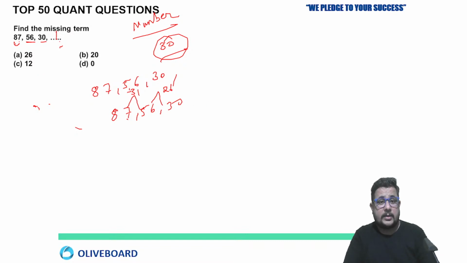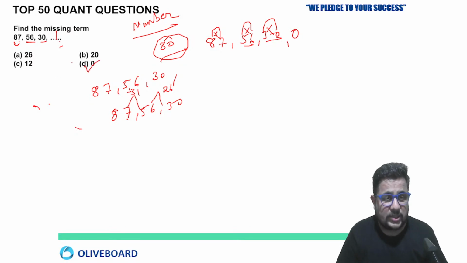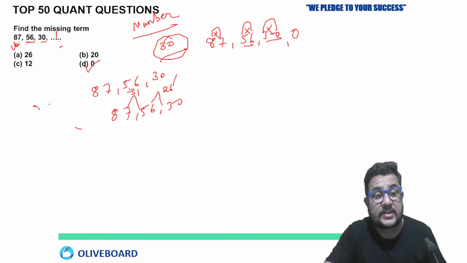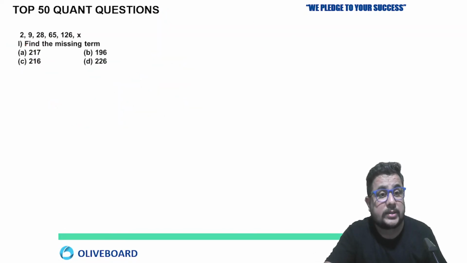We don't know that, because we are not able to find any pattern here. It is not based on even, prime number, square, or cube, we can't see. See, now just look at the digits. 8 multiplied by 7 is 56. 5 multiplied by 6 is 30. 3 multiplied by 0. See, when you see a short series, then just look at the digits also. Sometimes a question can be based on the digits of the number. A mathematical operation can be applied here.